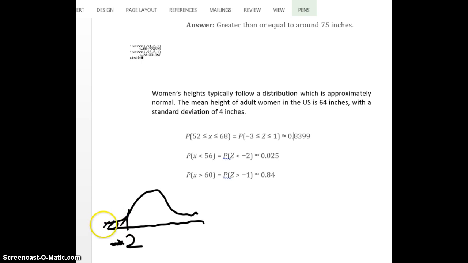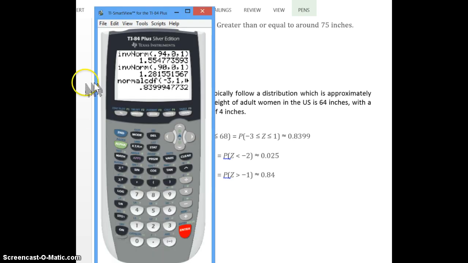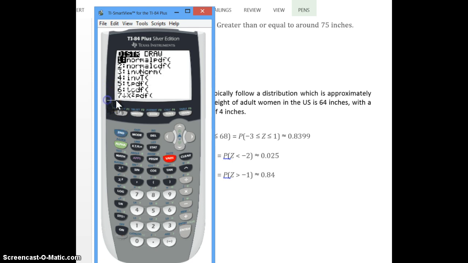Now, is there a left endpoint here, a lower value? No. The area keeps going to the left. Is there a right endpoint or an upper value? Yes, -2. So on our TI, we're going to do second VARS, and again,